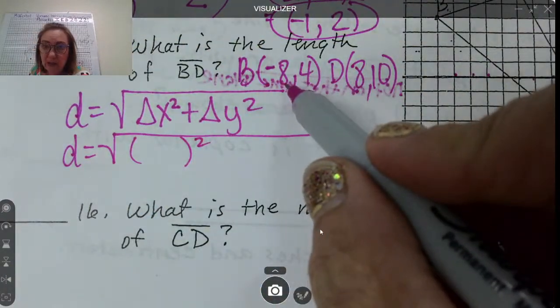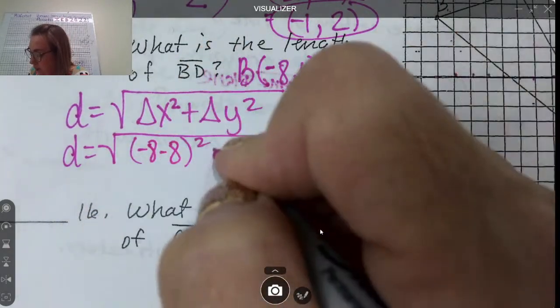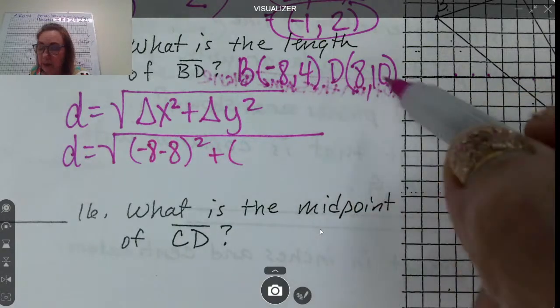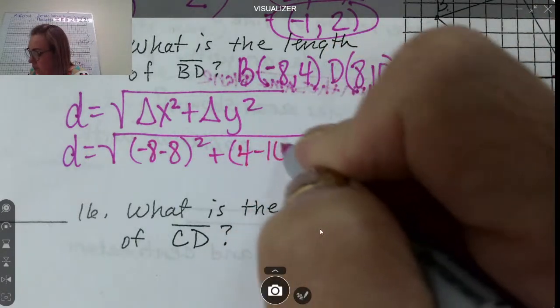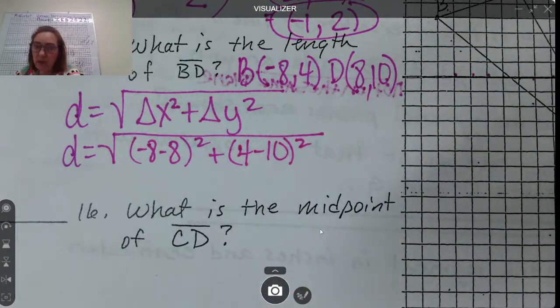So -8 minus 8. Then we're going to take our two y values and subtract them. So 4 minus 10. Okay, and then I'm just going to plug this in the calculator and let the calculator do the hard work